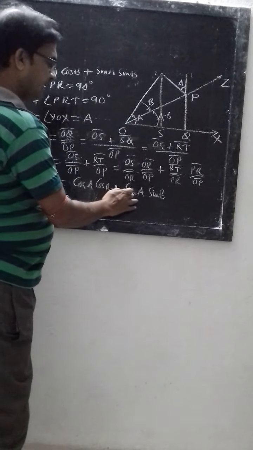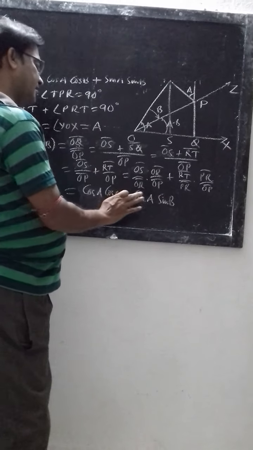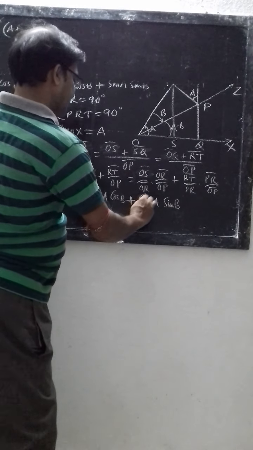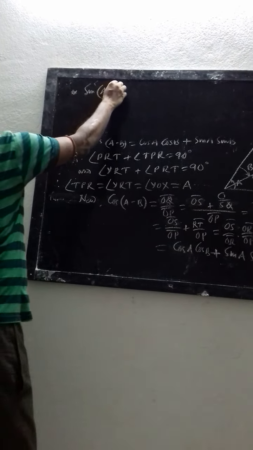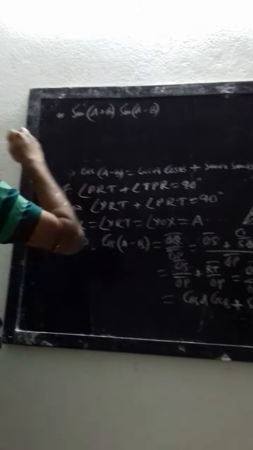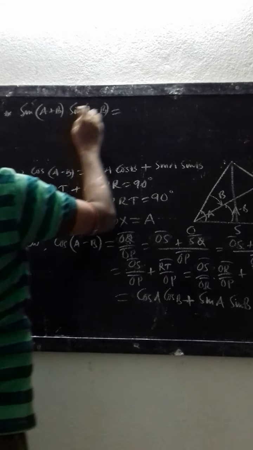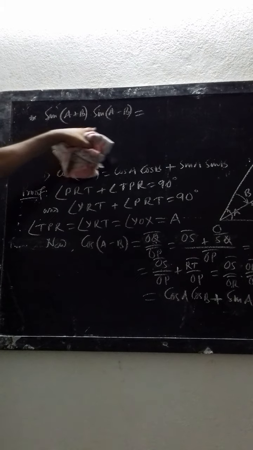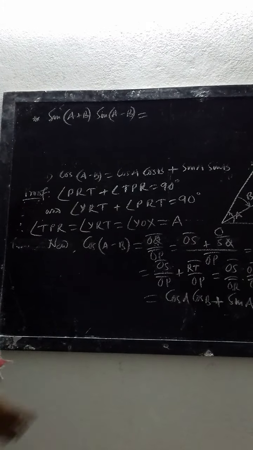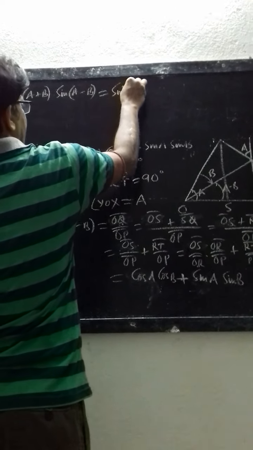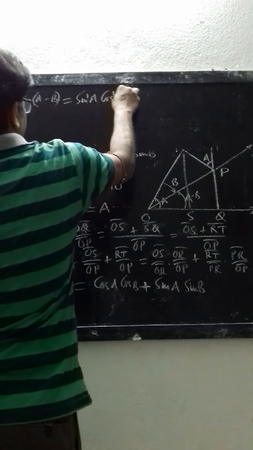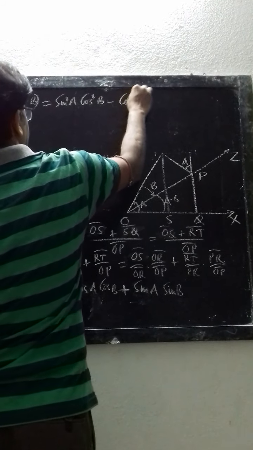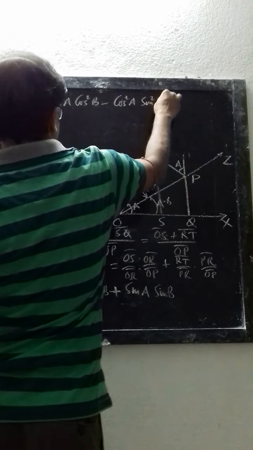একটা ভুল করে দেখে একটা sin A sin B মুখে বলেছি কিন্তু লেখা হয়ে গেছে cos A sin B, তাহলে এই জায়গাটায় sin A sin B হবে. Now sin(A+B) into sin(A−B), this equal to আমরা কি জানি sin(A+B) equal to sin A cos B plus cos A sin B, sin(A−B) equal to sin A cos B minus cos A sin B, so this is equal to sin²A cos²B minus cos²A sin²B.